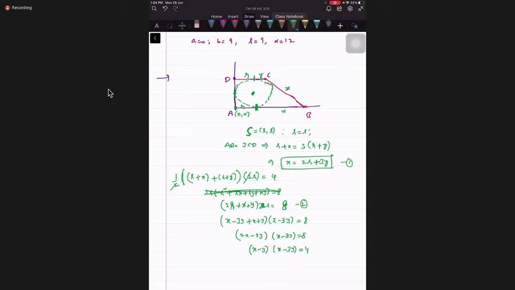Right angle triangle. Radius in terms of unknowns, because this is R. Same R, can we give in terms of X and Y? Anywhere, can we give the same R in terms of X and Y? Because we need one more relation to conclude. Up to now, we are not able to conclude.